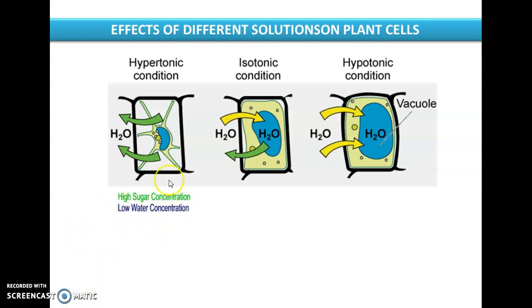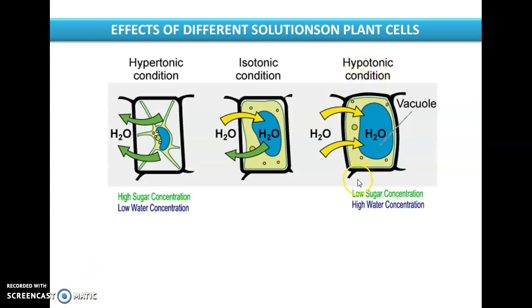So here we can say that if the medium has lower concentration of the water than the cell, then what happens here? The cell will start losing the water by the process called osmosis, because there is a movement of solvent from higher concentration towards the lower concentration, which is outside the cell. This results in the shrinking of cell, and the cell is said to be plasmolysed.